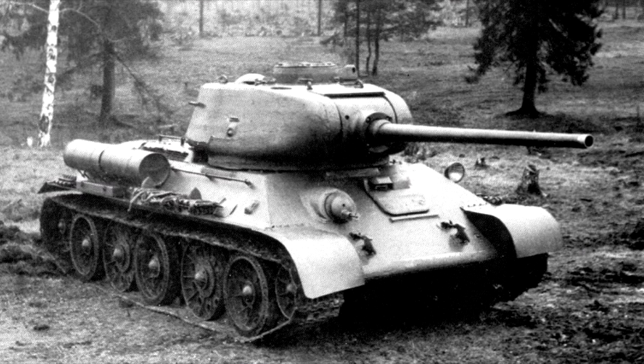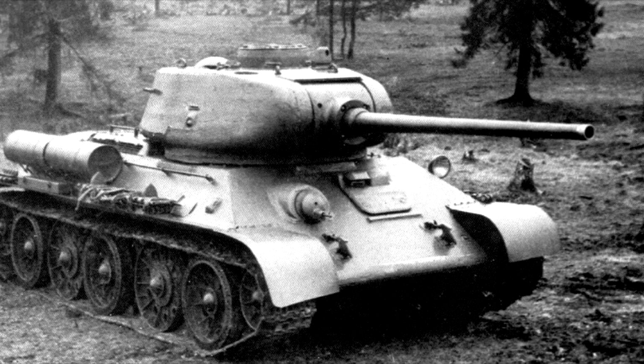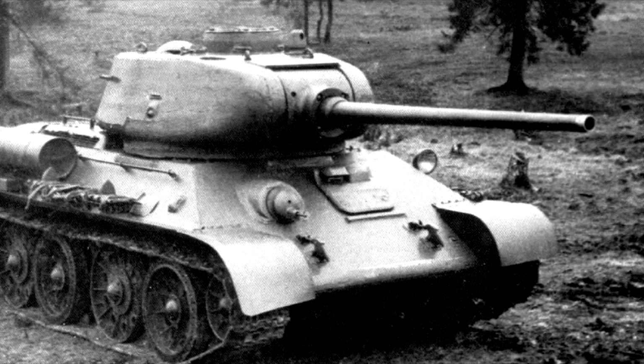In 1944, the production of the modernized T-34-85 began, which is the most massive tank in the history of world tank building. In total, over the years of production, about 66,000 of these tanks were produced in different countries of the world. The designers managed to balance the combat, running, technological and tactical characteristics of the tank. Wide tracks and a powerful 800 horsepower aviation-type diesel engine provided this tank with high mobility, maneuverability and cross-country